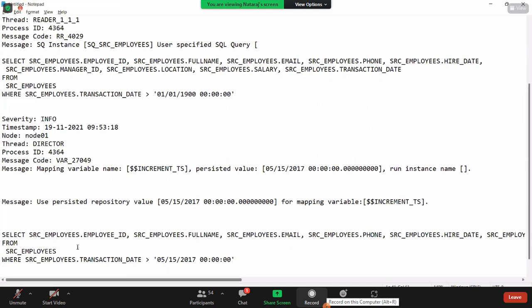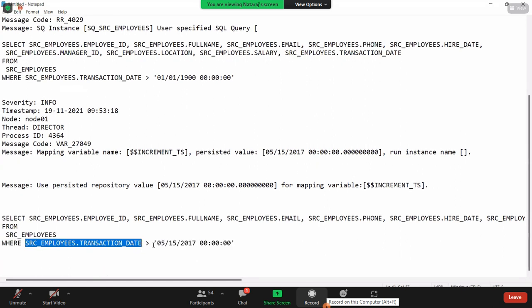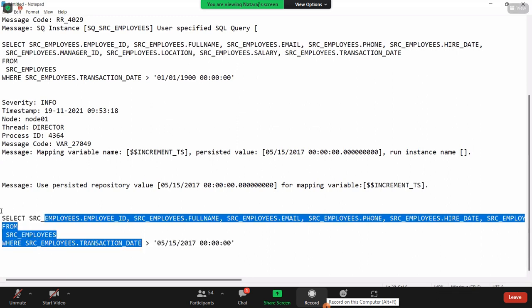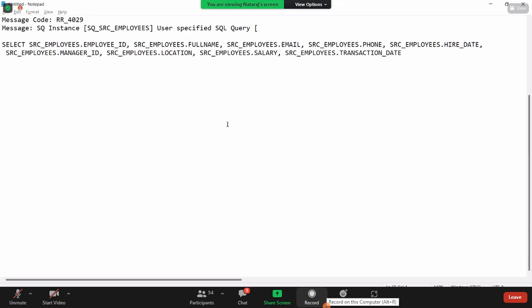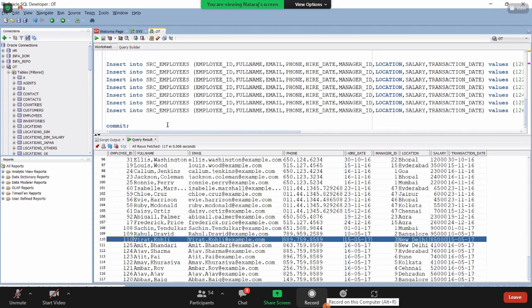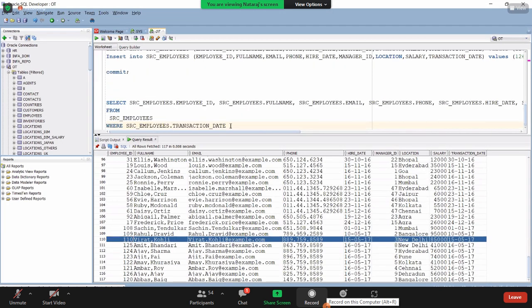See this: select all from SRC employees where the transaction date is greater than 5/5/2017. That means it will execute in the source qualifier query, greater than